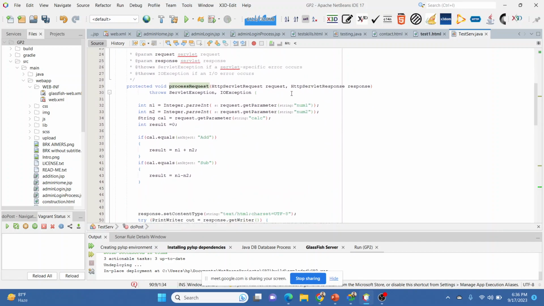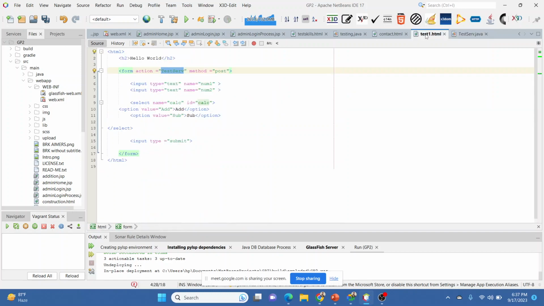When it comes over here, the request part means we are retrieving the data from the client side, with request.getParameter. request.getParameter helps you retrieve whatever data is coming through the HTML part.